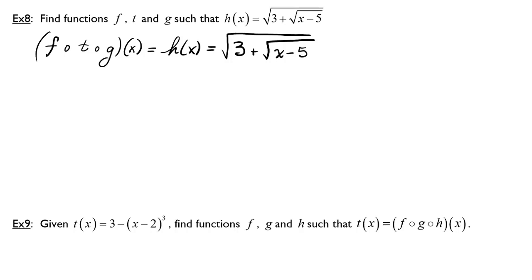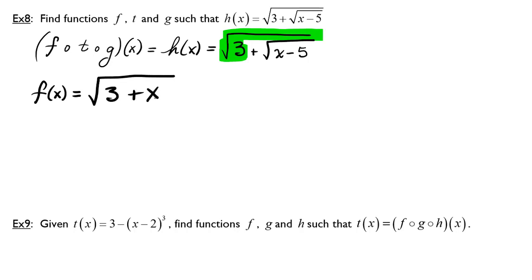5. Now I'm going to look at the different layers, and I can see that the outermost layer is this square root of 3 plus something underneath the radical, and the radical extends all the way to the end, which means that my f of x function is my outermost function. And I replace this gap, and I've got stuff substituted into it, but I won't be able to substitute anything in unless I have an x here. So I'm placing an x there, so I'll have the ability to substitute t and g into